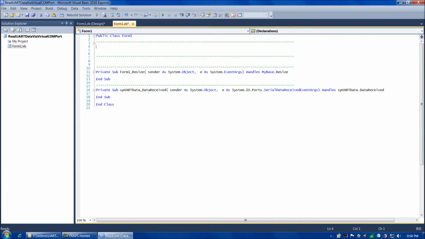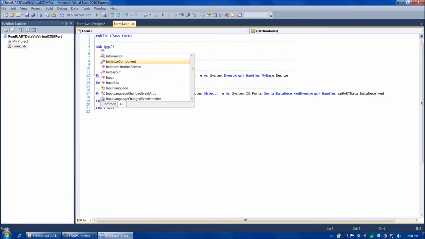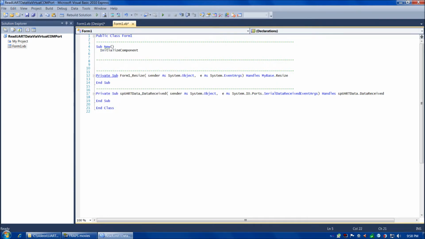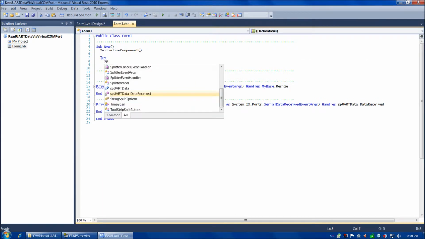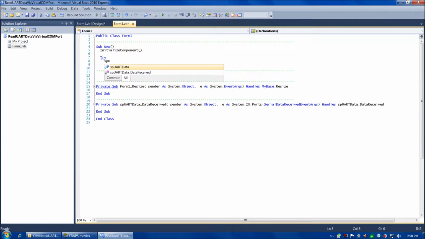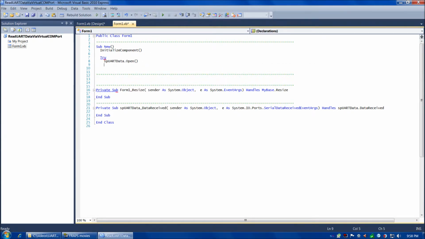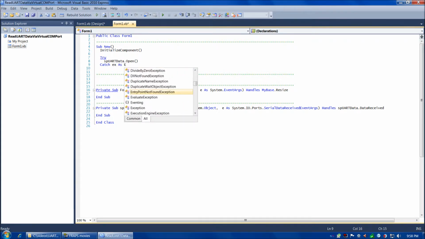Alrighty, so now we're ready to start writing our constructor. In Visual Basic, the syntax for that's going to be Sub New. And we always want Sub New to call InitializeComponent. And then in the constructor, we can open our serial port connection. So that'll be Try, SerialPortUARTData.Open. And we always want to catch that in case there's an error, that way it won't crash our program. So Catch ex As Exception,